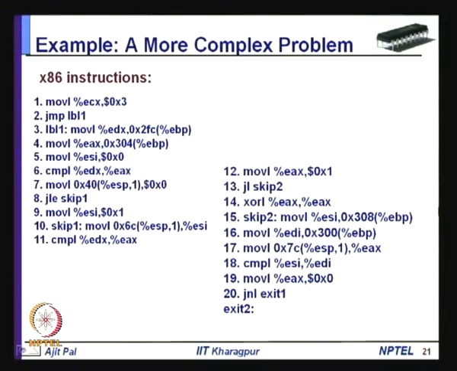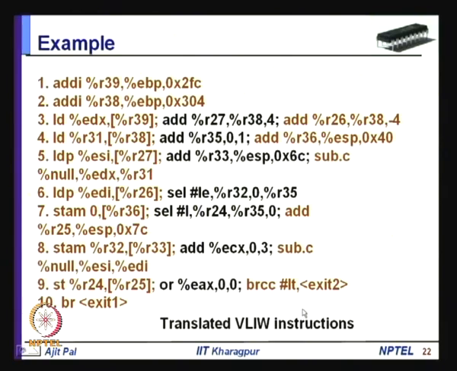Okay. Here is a more complex example. You can see these are all complex x86 instructions, which are converted by the code morphing software into only 10 instructions. Of course, if you look at a particular molecule, you will see that all the fields are not filled up, all the atoms are not present; that will happen. So, you cannot expect to have complete parallelism or 100% efficiency. But in spite of that, it will give a better result.